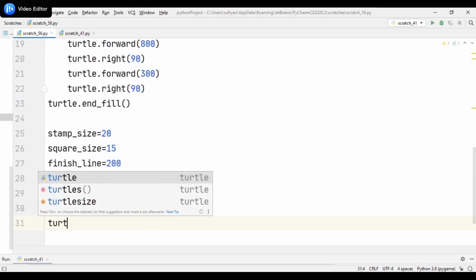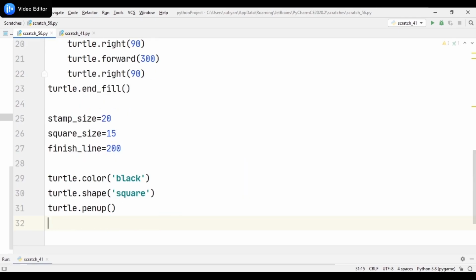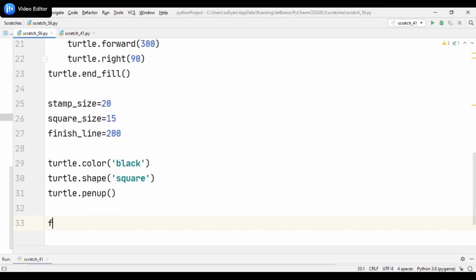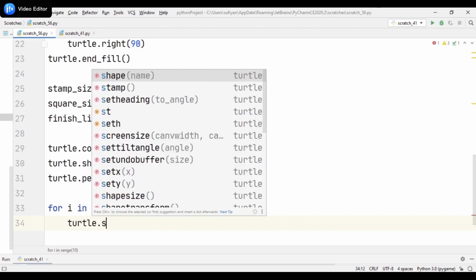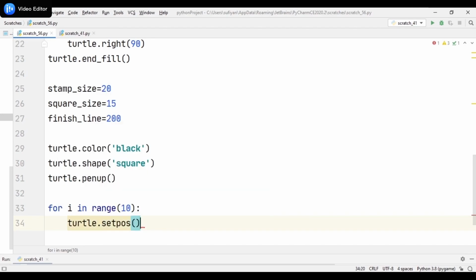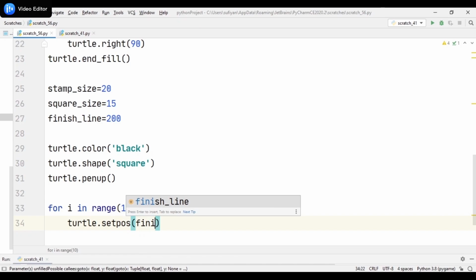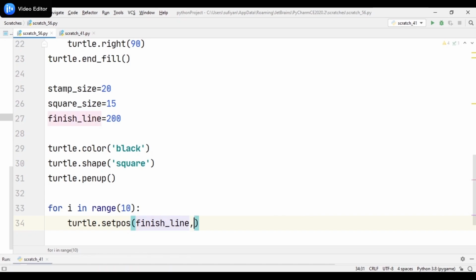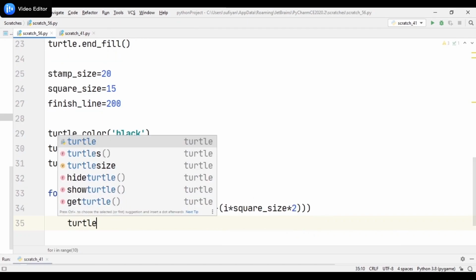Then we will add turtle dot pen up. Then we will create a for loop, for i in range 10. Turtle dot set position, x position will be the finish line, and the y position will be 150 minus i into square size into 2. Then turtle dot stamp.